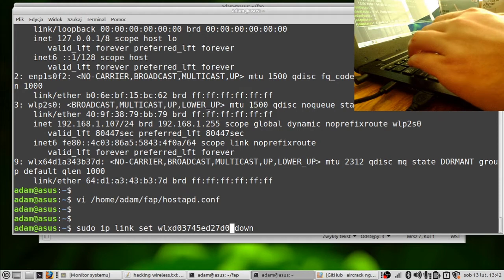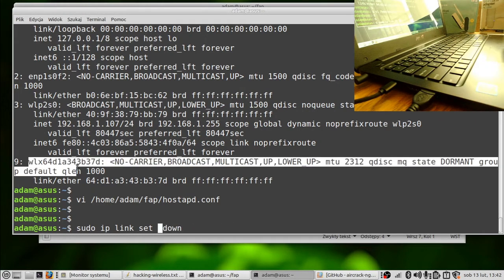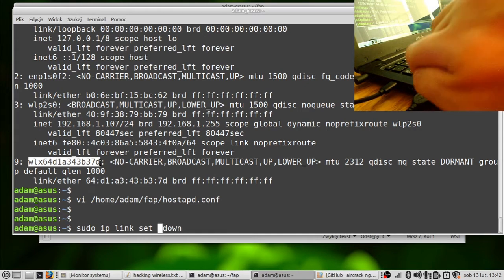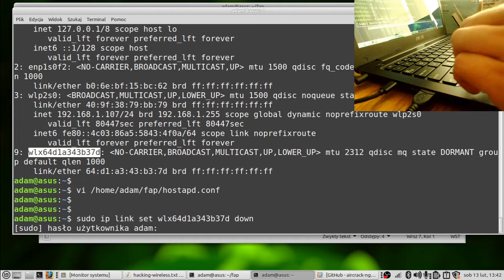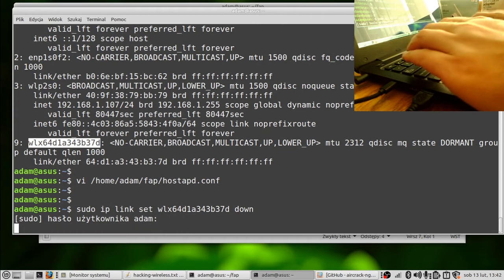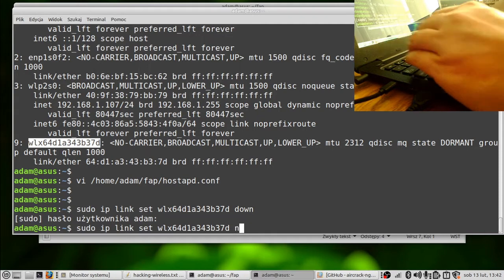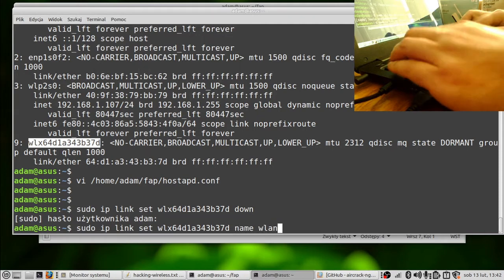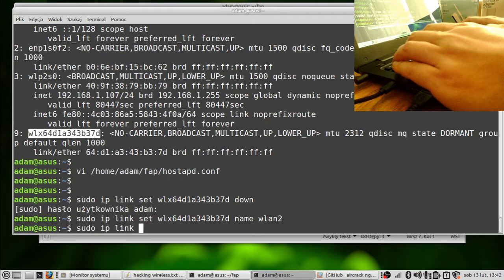First you need to bring the interface down. You have to do it as root, of course, because it's Linux. Then you change the name, for example to wlan2, and you bring the interface up once again.